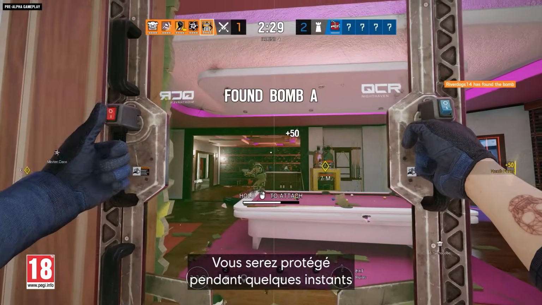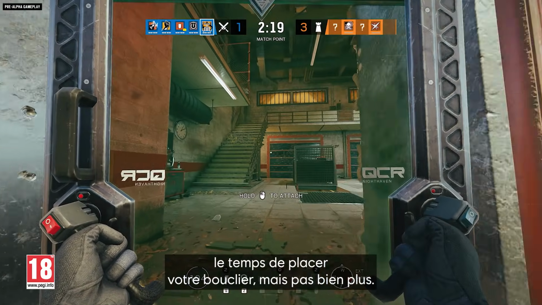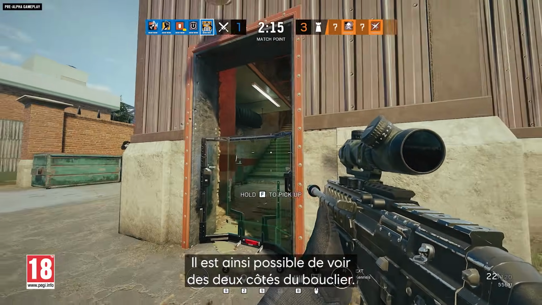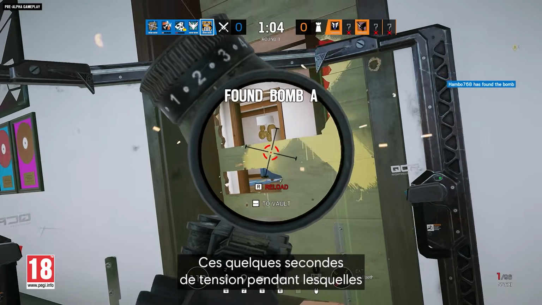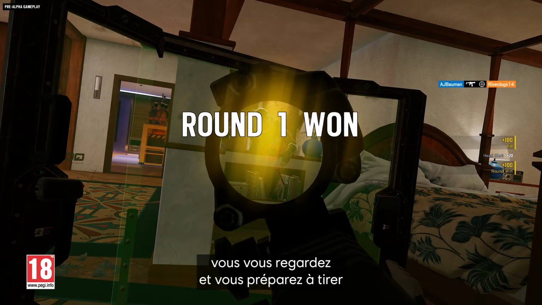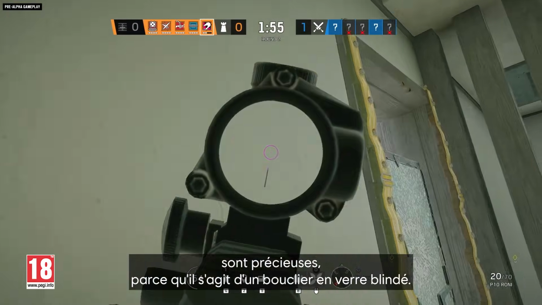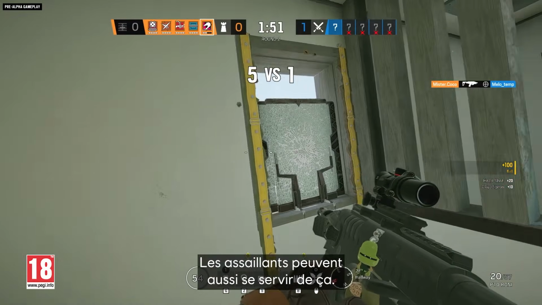You can be safe for a little while by the time you place your shield, but not much more. We wanted full transparency, so you can see both sides through the shield. We believe this is a very interesting gameplay element: those few seconds of tension when you both look each other in the eyes and you're ready to shoot are invaluable. Because it's a bulletproof glass shield, and now in Siege bulletproof glass can be shattered, attackers can use that